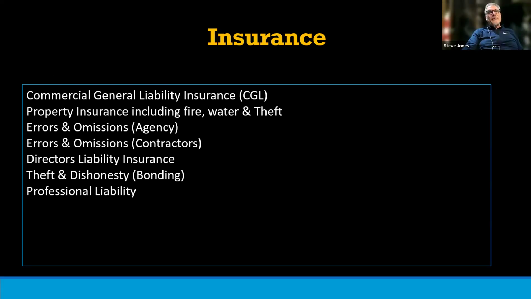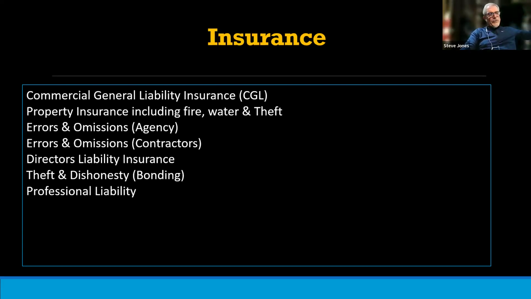And sometimes you can have those customers named. So you can say this bonding or this dishonesty and theft insurance is only for ABC company. Because when you signed the contract, they said you have to have $2 million worth of theft and dishonesty insurance. So you go out and get theft and dishonesty insurance from your agent, from your broker, and they deal with the insurance company saying, yeah, this is only to cover this customer, this bank, or this government, or this place. And so the cost of the insurance is lower because it doesn't cover you with every customer everywhere.